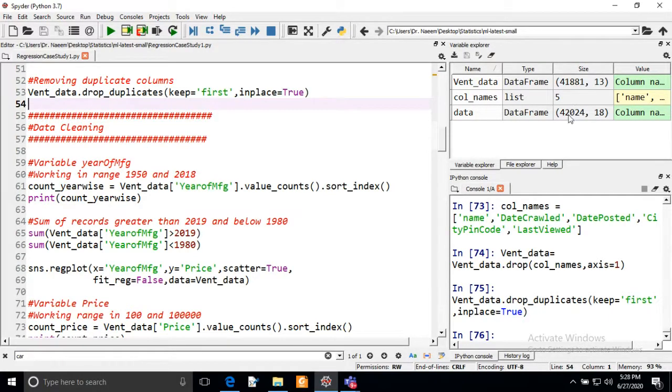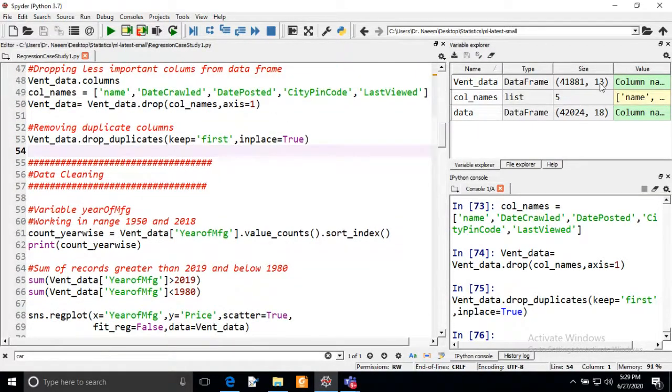You can compare with the original data frame. So some rows we have dropped. Those are duplicate samples of this data frame. And if you look at the columns, 5 columns we have dropped from this data frame. So we now have 13 columns. The actual number of columns was 18.